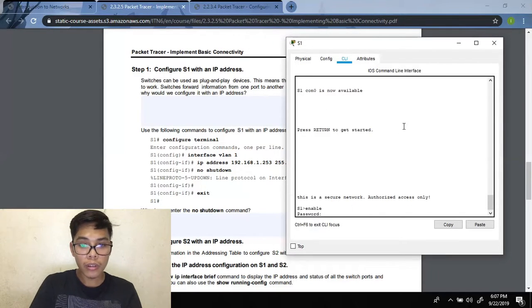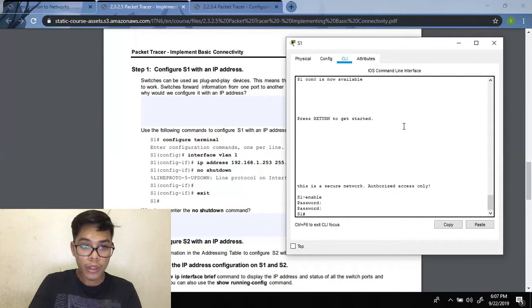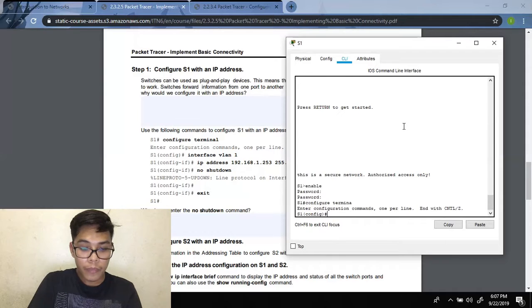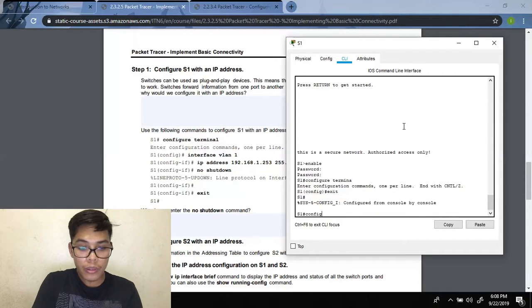Enable. Password Cisco. Now we're going to configure terminal. Exit. Configure